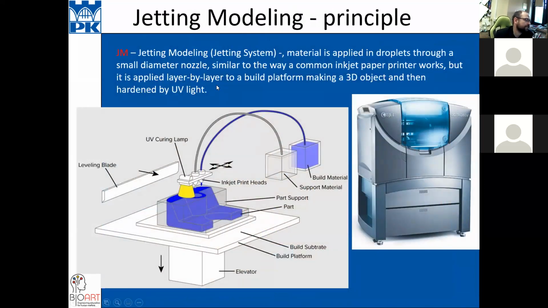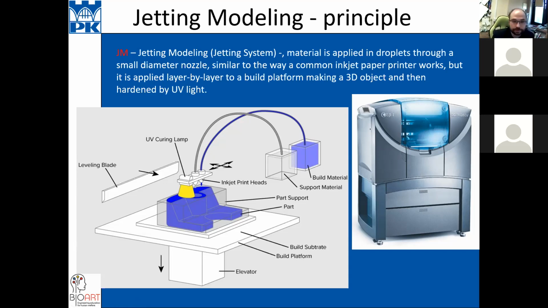Here we have material jetting, the modeling principle of this 3D printing. Here you must use some resin, and you can use two different kinds of material: building material, and in most cases support material, but you can use different colors of material in some cases, because the color is very light.